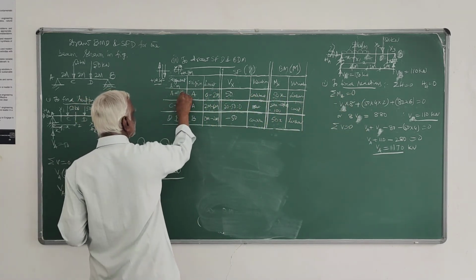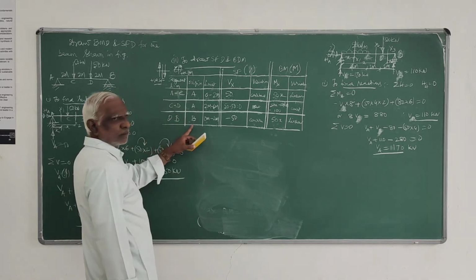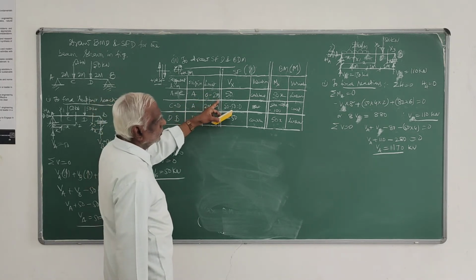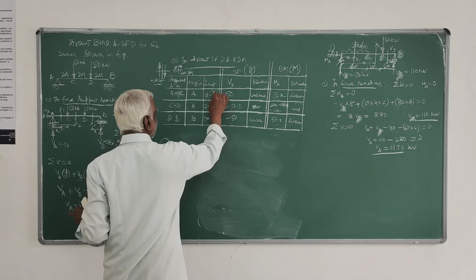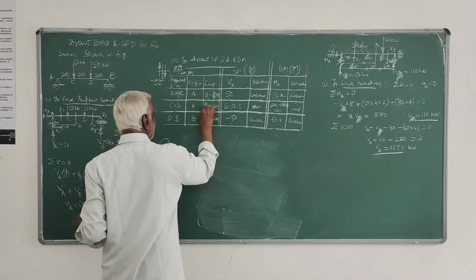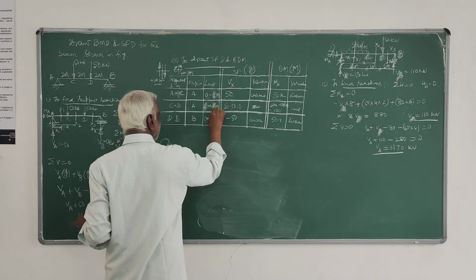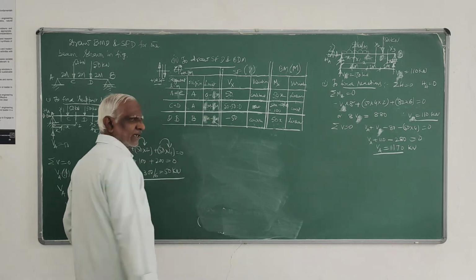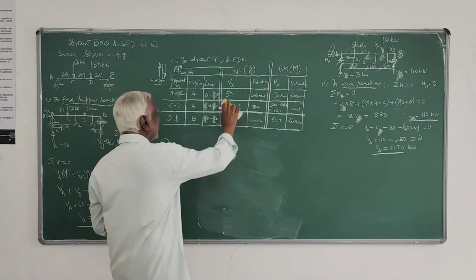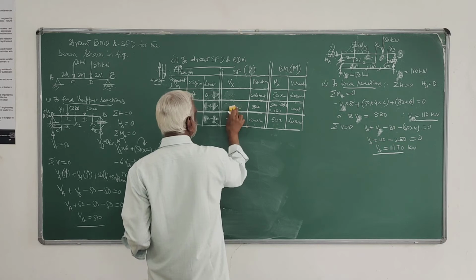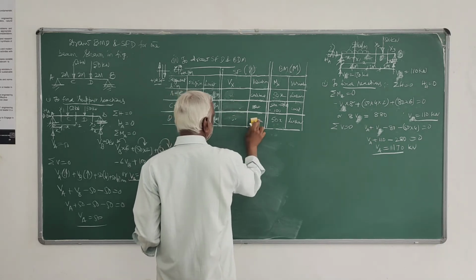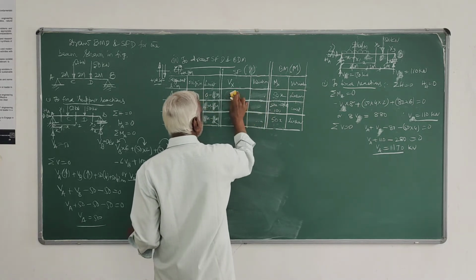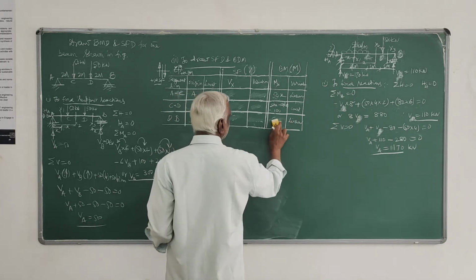So A to C, C to D, D to B. A is the origin, B is this, and the distances are 0 to 4, then 4 to 6 meters, and this is 0 to 2 meters. This is the same. So these equations you can change, and also the shape, whether it is constant or otherwise, will alter. You can change it looking at the equations.